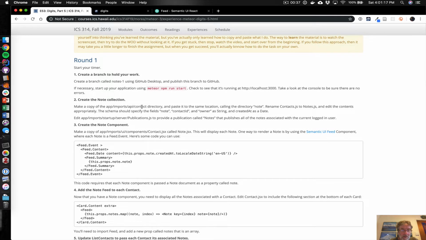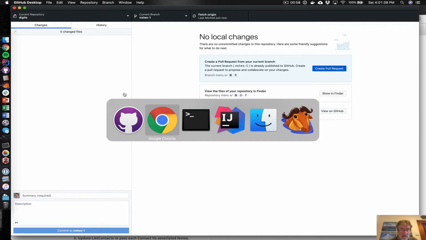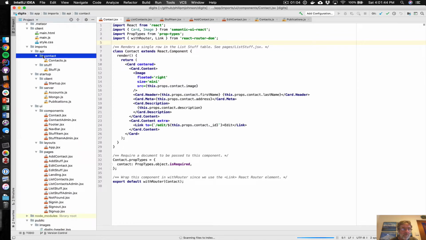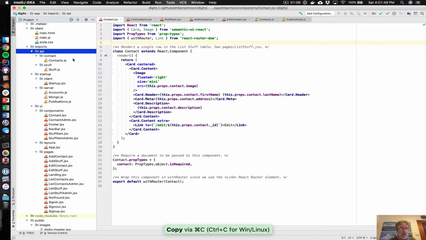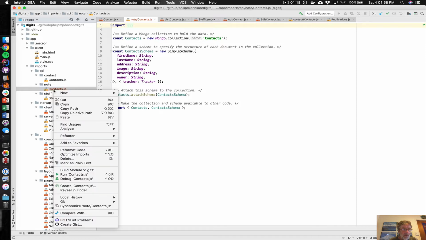So we'll make a copy of the contact directory in the API directory, and we'll call this directory note. We'll rename contacts.js to notes.js, and we'll edit the contents. And then most importantly, we've got a note, contact ID, and owner that are strings, and createdAt, which will be a date. Okay, so let's start doing that. Of course, we'll have to go to here to make that happen. All right, so here we are in the API directory. We're going to make a copy of the contact directory called note, and then we will rename